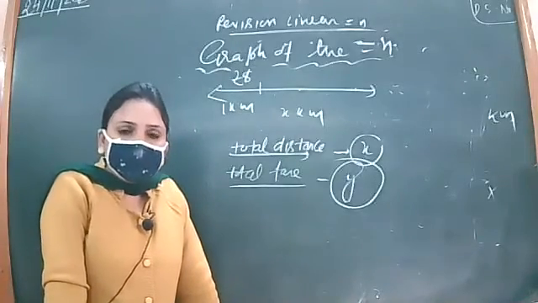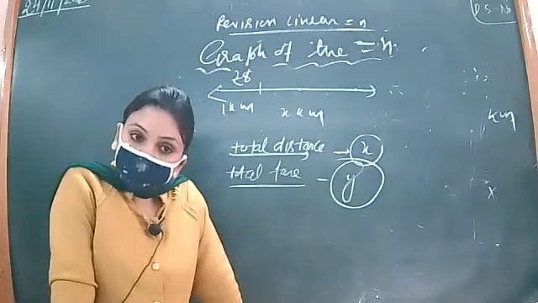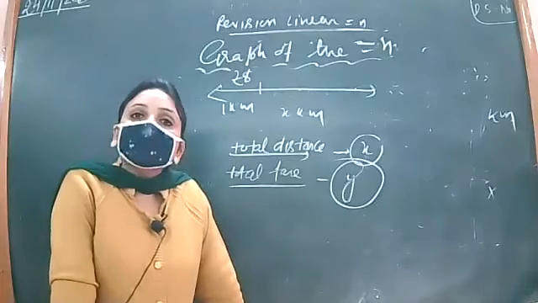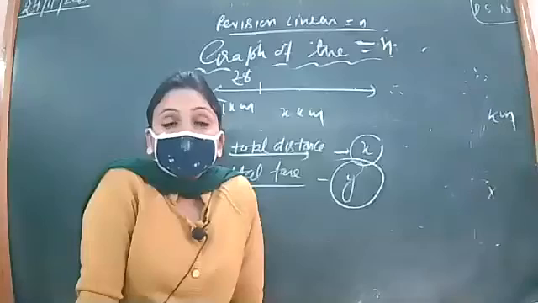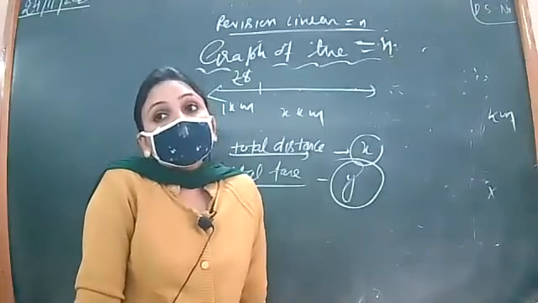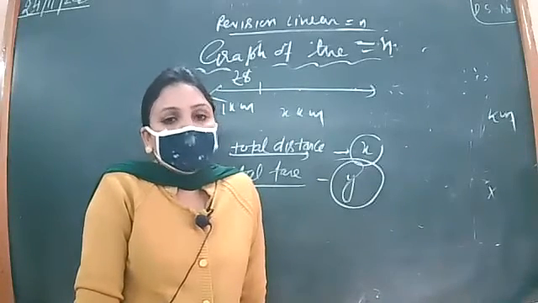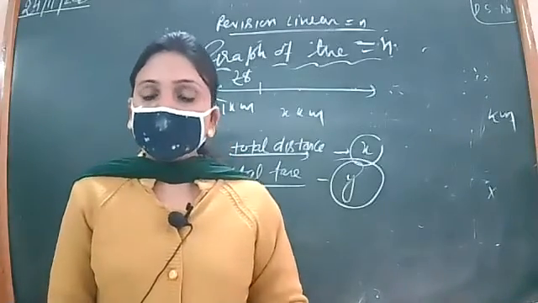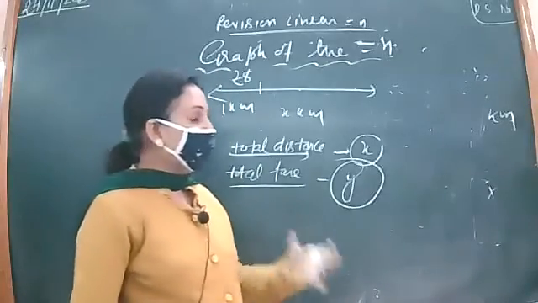And for the subsequent distance, subsequent means if the total distance is 100 kilometer, 1 kilometer is excluded, the subsequent distance is 99. If the total distance is 50 kilometer, 2 kilometer is excluded, then the subsequent distance is 48. If the total distance is 90 and 3 kilometer is excluded, what is the subsequent distance? 87. If the total distance is 500 and 10 kilometer is excluded, what will be the subsequent? 490. Right? So why I am giving such examples? Just to clear you the meaning of the subsequent. Subsequent means remaining, right? Bacha hua, remaining.